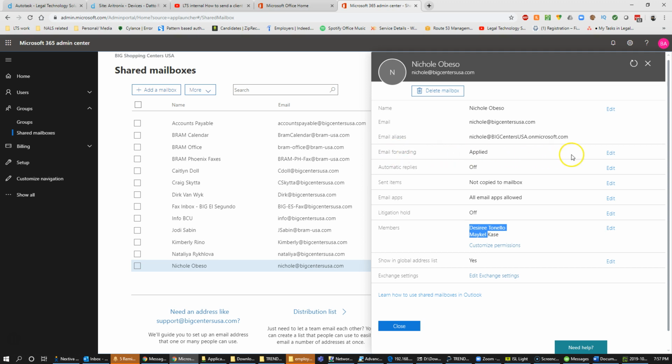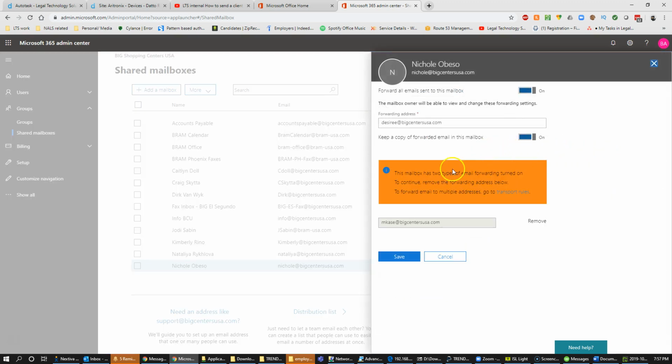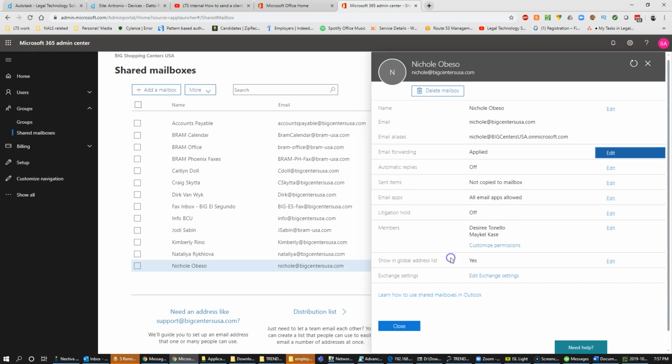We also go to email forwarding. If it's a user that's left, then we can forward the emails to Desiree, for example, over here, and there are two types of forwarding, which we don't care about right now. And the other thing we can do is